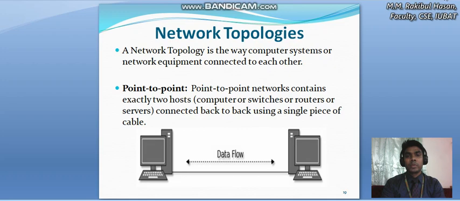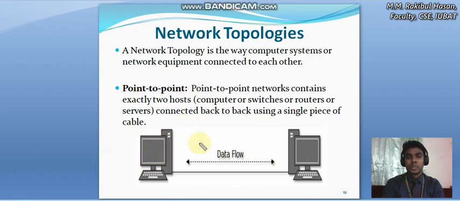So now I would like to discuss different network topologies. First of all, we have point to point communication. Let's see what point to point is. Point-to-point networks consist of exactly two hosts. That means in this point-to-point communication, we have exactly two computers or two devices, and they will be connected with